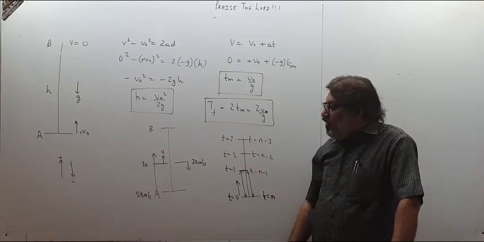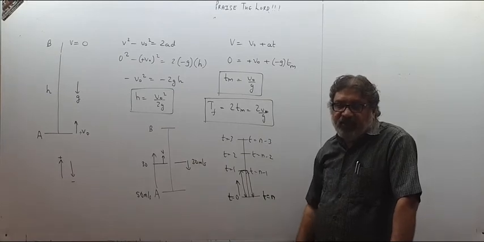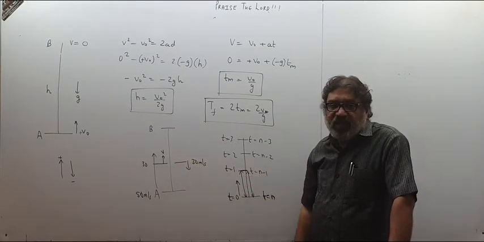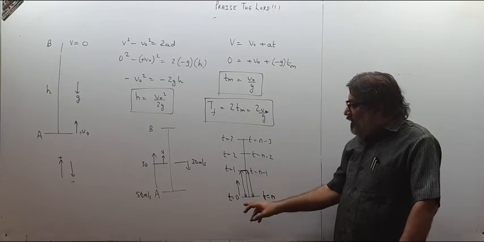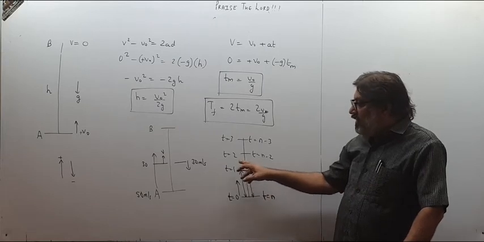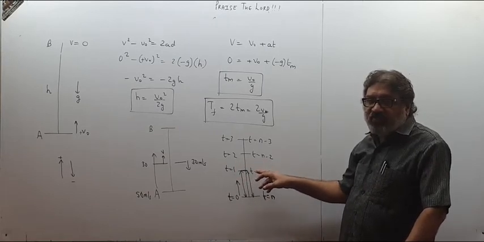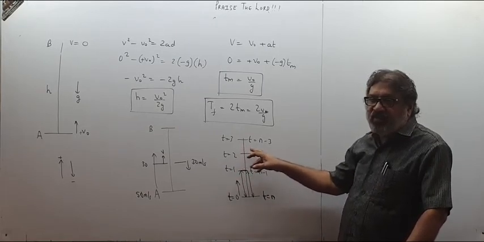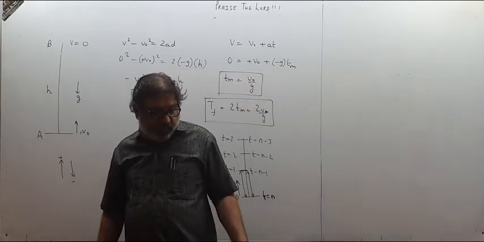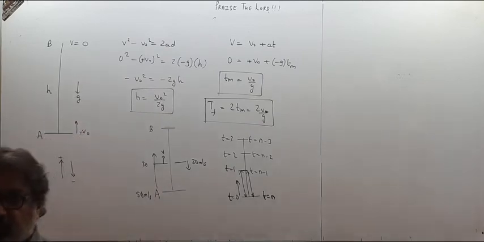So one thing, as I told you, at the same height, while going and coming back, speed will be the same. Velocity will be in the opposite direction. And whatever distance is traveled in the first second, that will be traveled in the last second. Whatever in the second, that will be in the second last second. Whatever is the third second, that will be in the third last second. Like these things you remember, children. Please pause and copy. I will teach you more things.